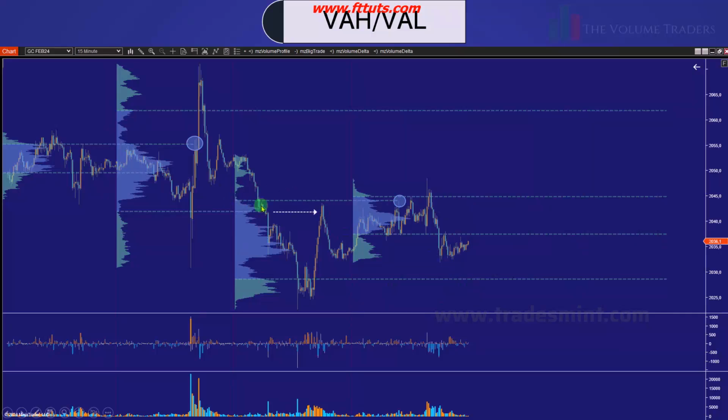So the highest row in the value area represents the value area high, VAH. And the lowest row, here and here, is the value area low. As I said, these are key levels, but honestly, I mark them, but I don't use them all